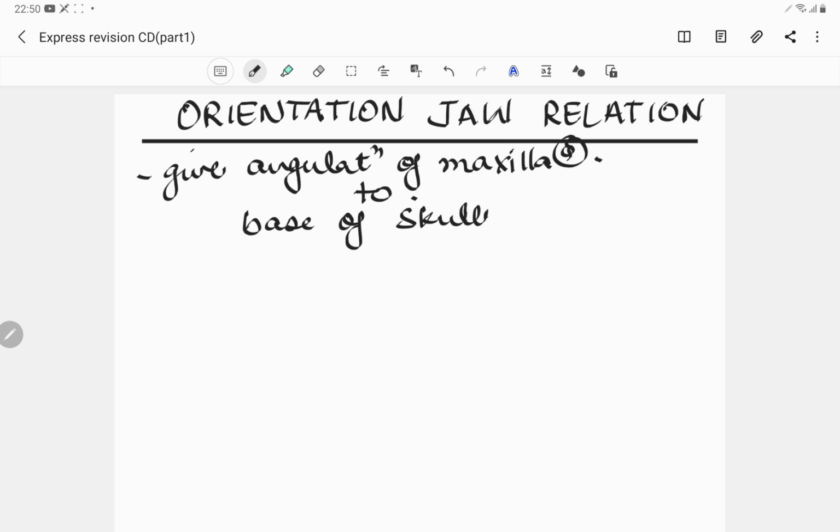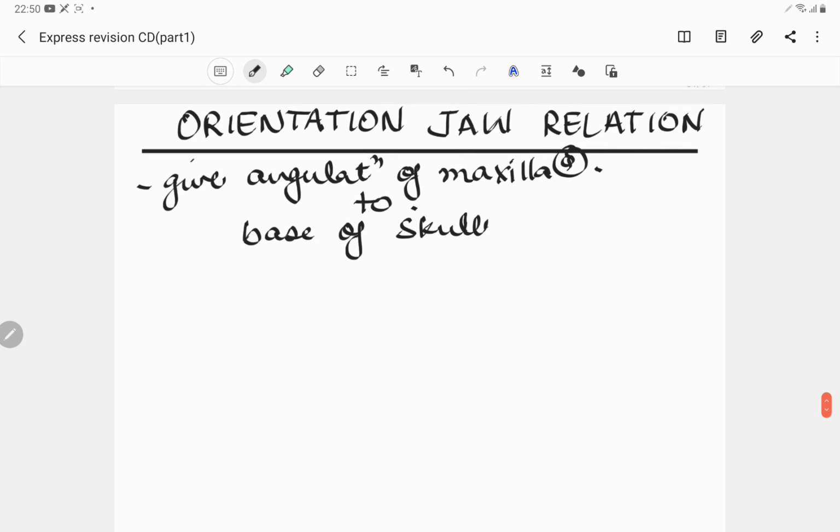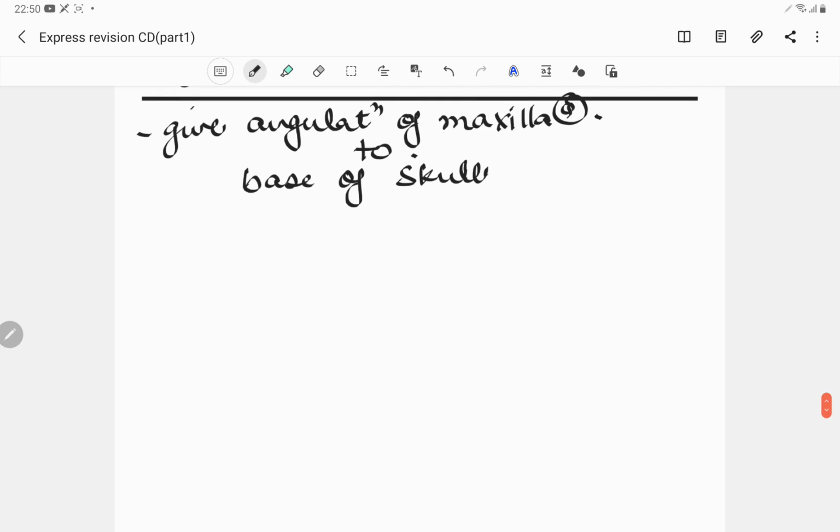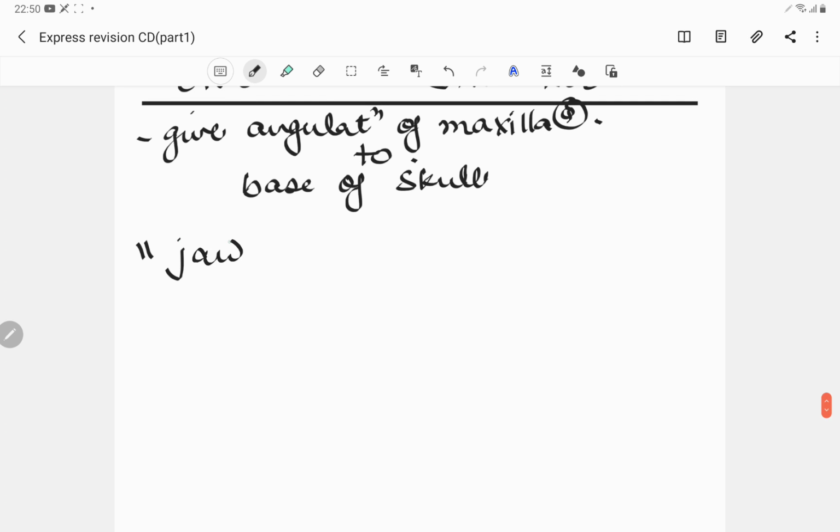So if it is tilted in the maxilla, then accordingly the mandible will also be tilted, or the mandibular relationship will also be altered, right? So it also affects the level of the occlusal plane of the denture. So it is very important that we record the orientation jaw relation. So if we define the orientation jaw relation, it is the jaw relationship